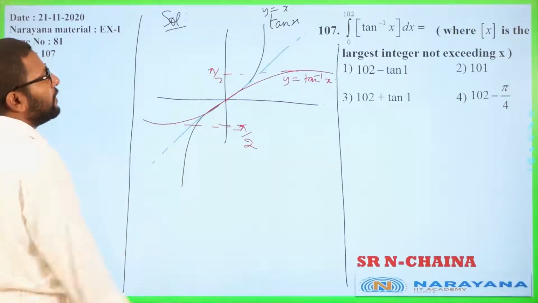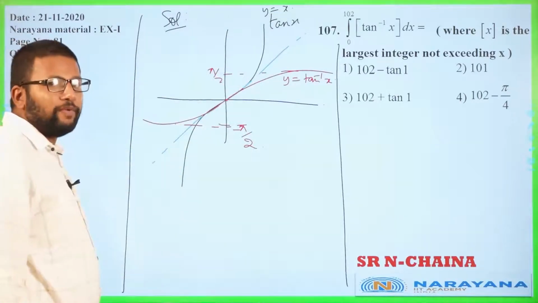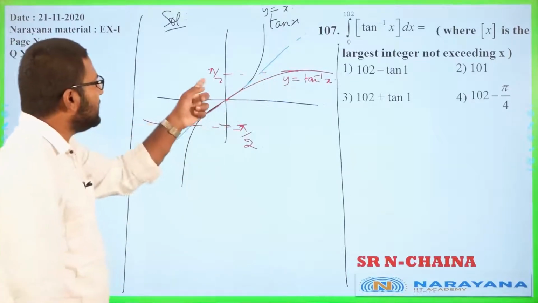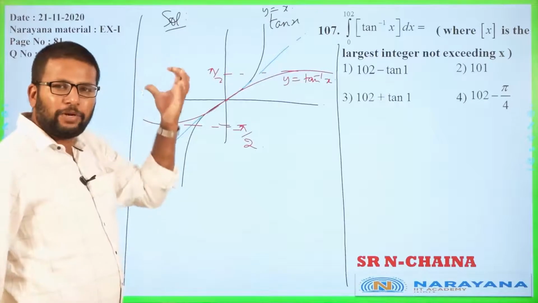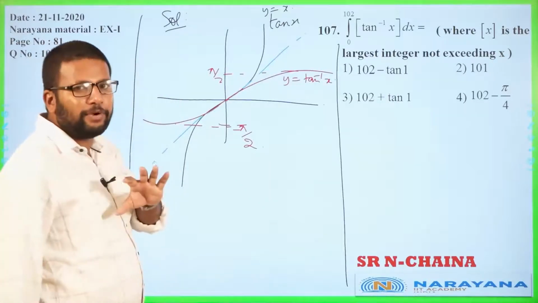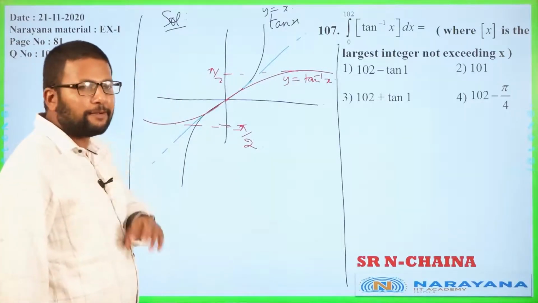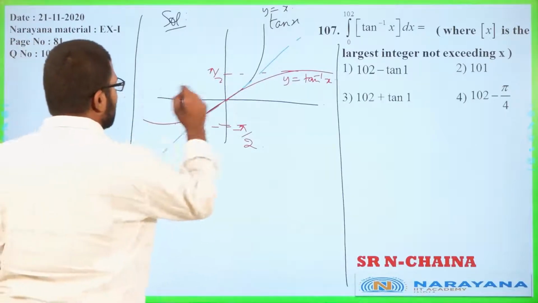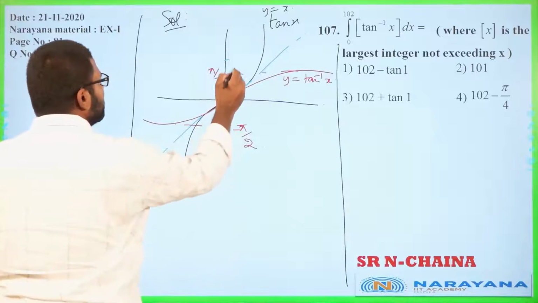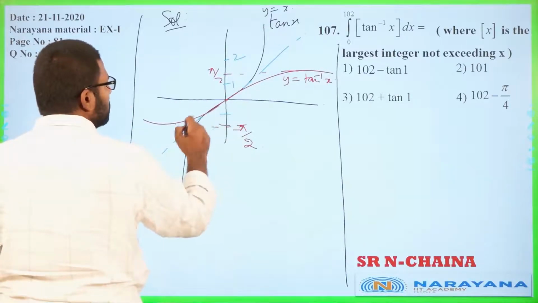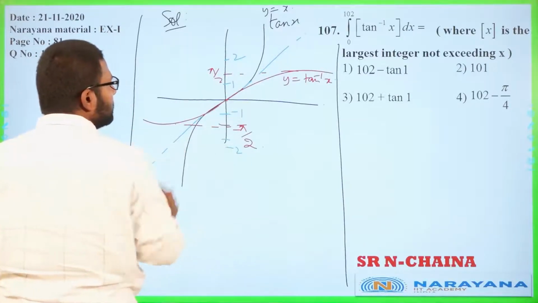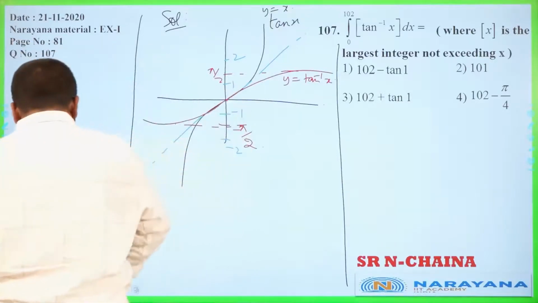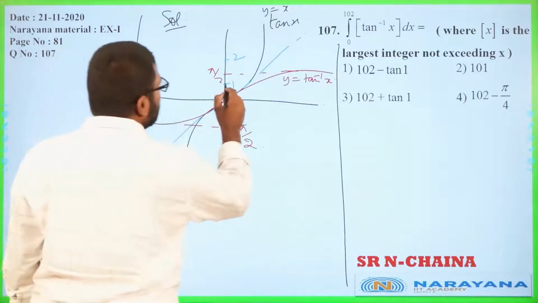Now once again we are talking about step value. For step value we need to ask what is the integral part. The maximum tan inverse x takes is pi by 2. Now pi is 3.14, so pi by 2 is approximately 1.54, something like that, right? Which means if I actually start putting the integer values, this will be 1, this will be 2, minus 1 and minus 2, right? Which means now if you follow the previous procedure I told you, from here you draw